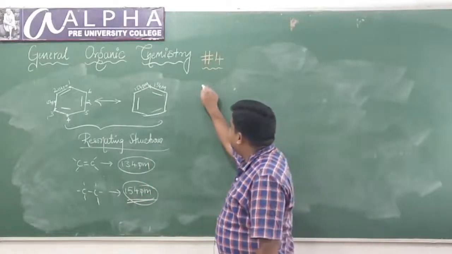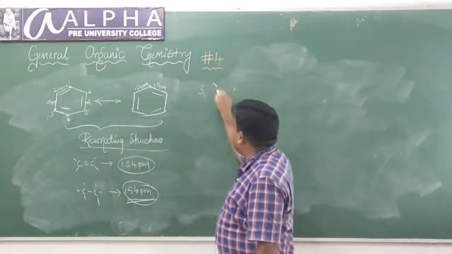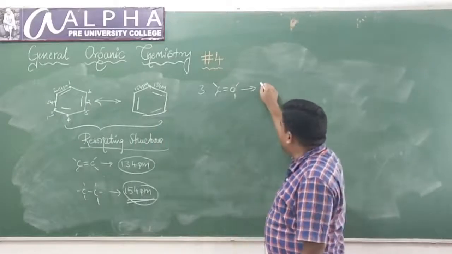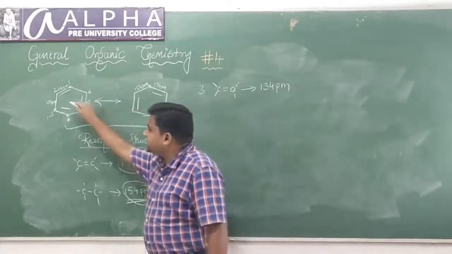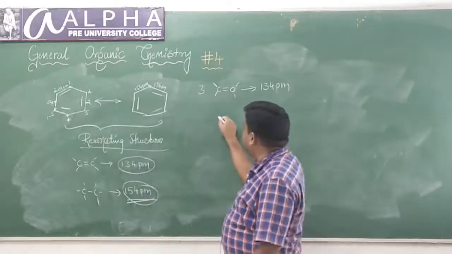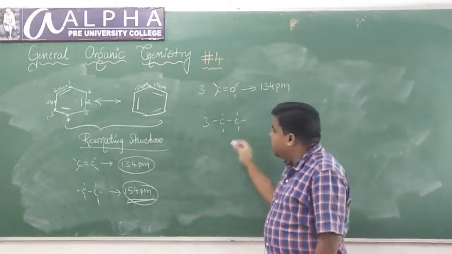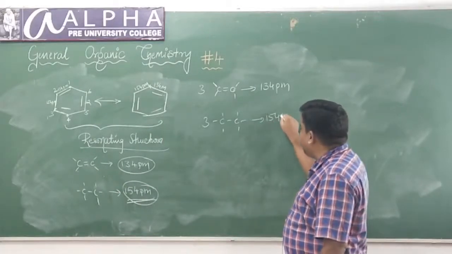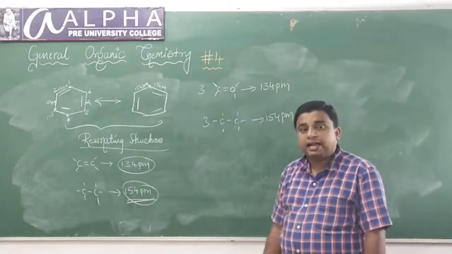Yes, in these two resonating structures there are three carbon-carbon double bonds, hence we would have expected a bond length of how much? 134 picometer. And in these two resonating structures there are three carbon-carbon single bonds, isn't it? Therefore we would have expected the three bond lengths to be of 154 picometer, but actually,